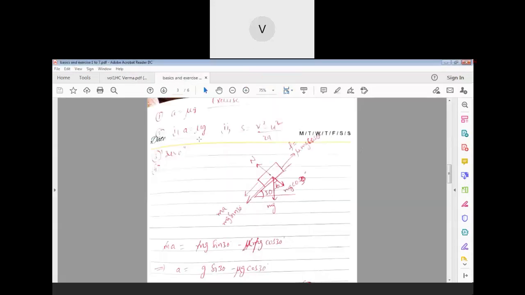A is equal to mu g, you have to use, and S is equal to v square minus u square by 2a, where v is 0, u is given, a is mu g. Yes, correct. u square by 2 mu g, direct formula. Stopping distance, S is equal to u square by 2 mu g. Use that formula and get it. Sir, answer 50 meters. Okay.